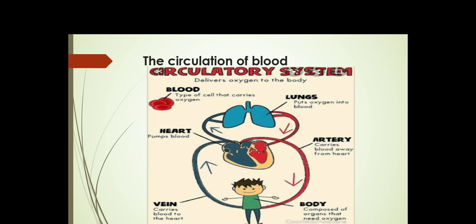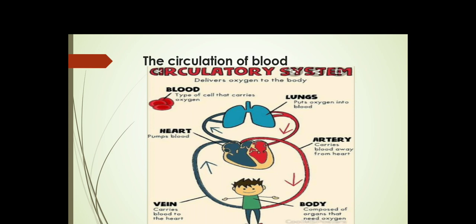Pure blood is red and impure blood is blue in the picture. Look very carefully. Wherever you see the blue color, on your right side, the color of the blood is blue in the vein, and the right side of the heart is blue. It means there is the impure blood. And on the left side, you see the bright red color artery, and the left side of the heart is red. So it is the pure blood.